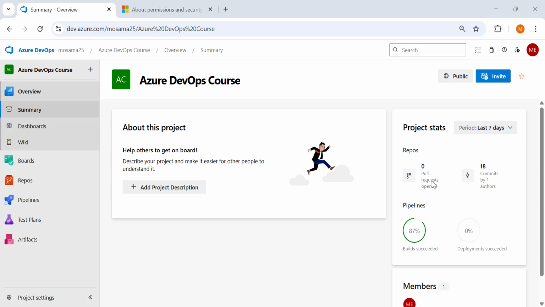This lecture will be the first one in the Azure DevOps security section. In this section, we will talk about Azure DevOps users and groups, access control, and applying the least privilege concept. We will show how to give a group of users the least privilege of what they can do in Azure DevOps, to reduce human mistakes and reduce breaches